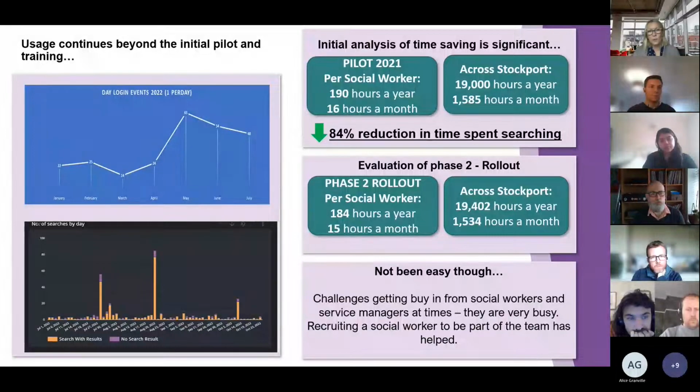One of the things I'm going to be doing over the next few months is visiting team meetings just to understand usage, and for those who are not using it as much, why they're not, so that we can improve it even more. We also did an evaluation of the pilot initially, and what we found from that was